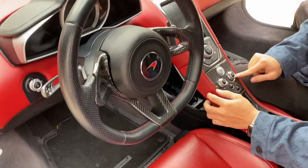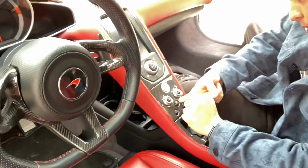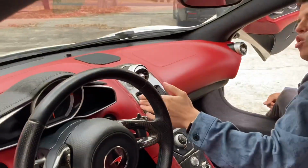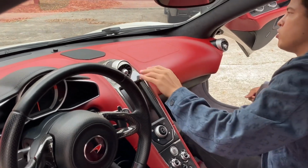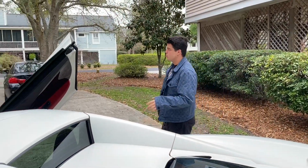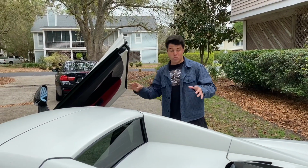This looks like, if you can see the lines over here, this doesn't feel like plastic at all. It feels like something like a metal. It will feel like aluminum or like a metal, hard but not super hard. It's really good. And then, if we had to compare these to the Tesla, I mean, we cannot really compare